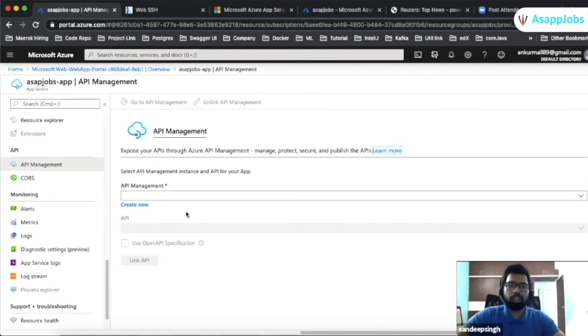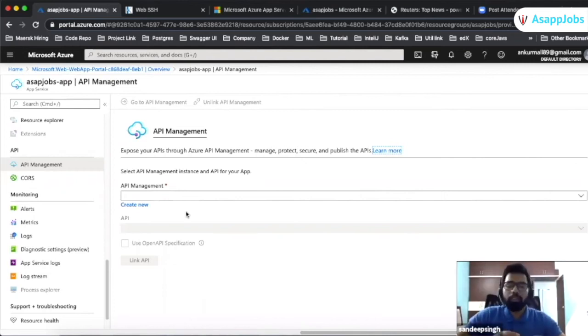Policies in what terms? Let's say I want to allow a developer to access those APIs only 10 times in a given second. Those things I can apply, so this is one kind of policy I can apply through API management. Another kind of policy: if I want to block that API in a specific region or specific zone, that I can also do through API management.